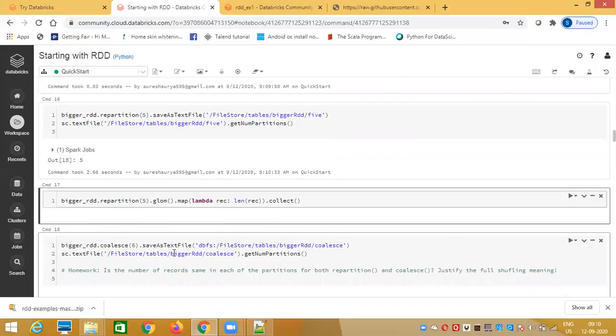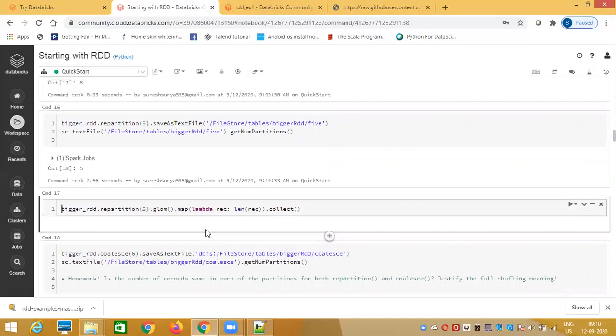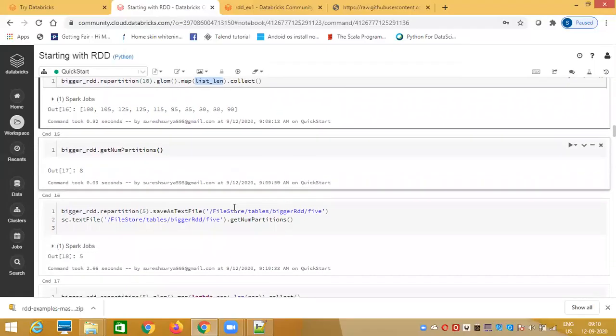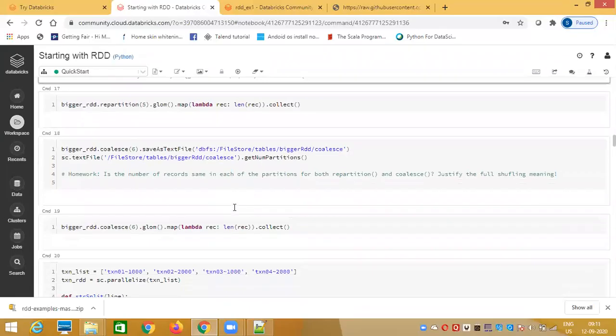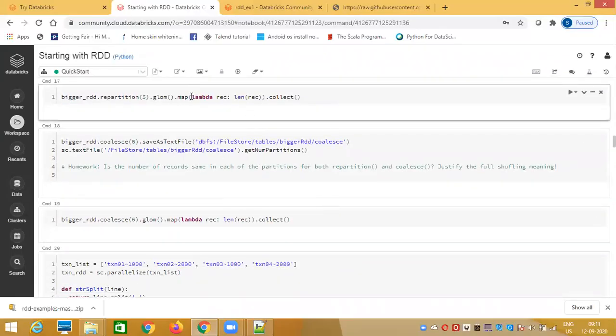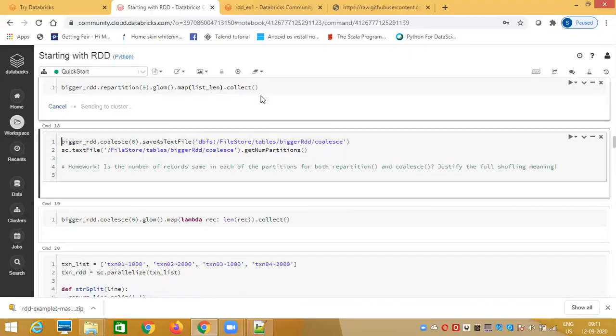Okay, so again the same thing. I'm just trying to see the number of records in each partition. For that, I'm calling the same function again to see how the data is distributed across all these partitions.